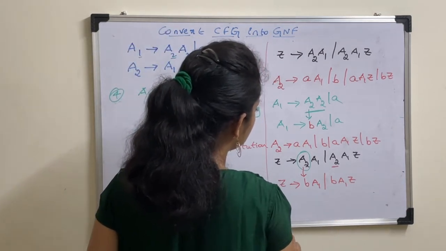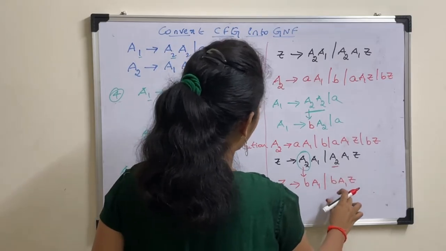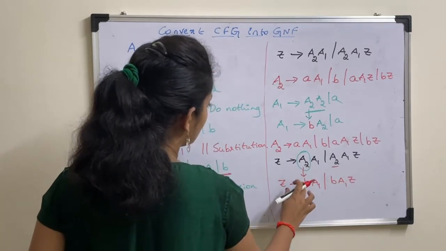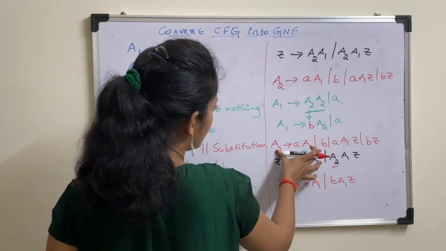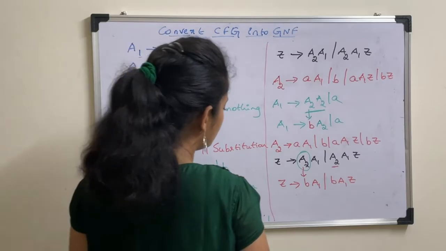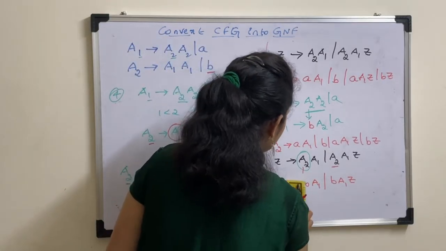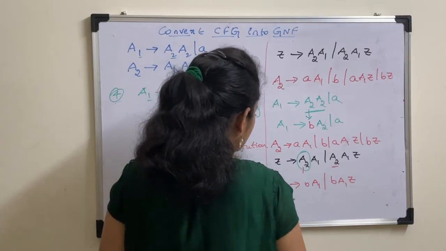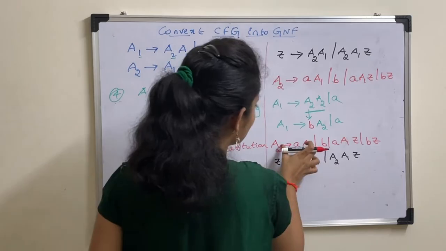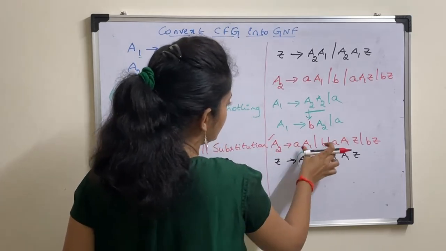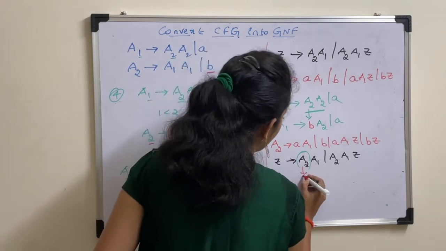Okay. So sorry, A2 is not a B, right? Now A2 is not B. We have a new production with A2. So you just can't replace this simply with B. Okay, we got some new values, new production for A2. So this is your new A2 value. So you need to substitute this complete RHS in place of A2.